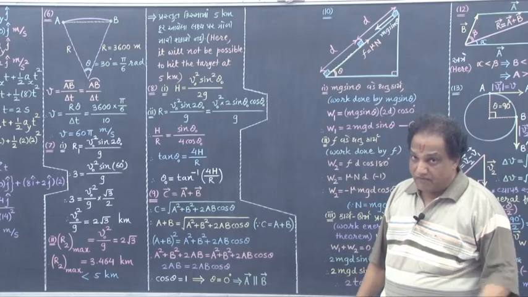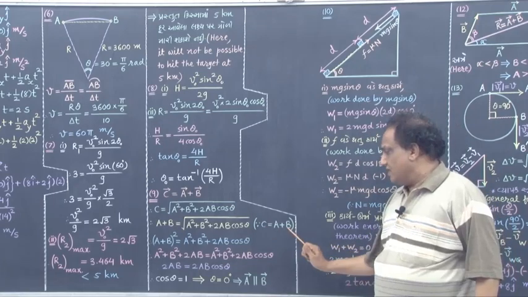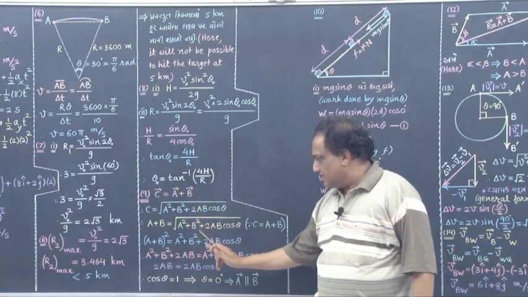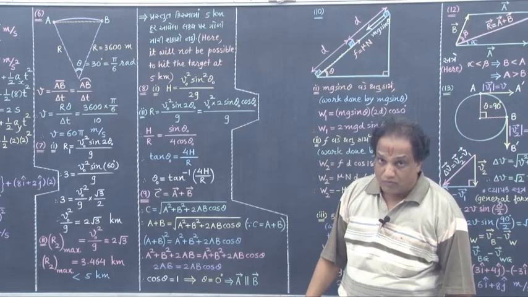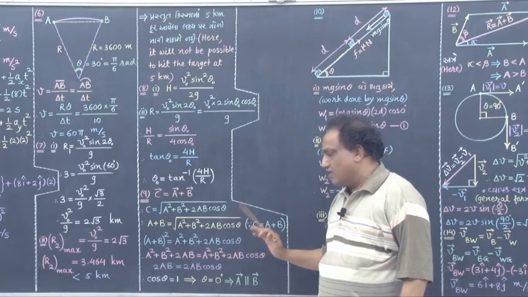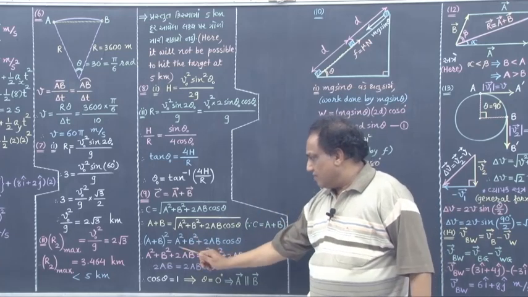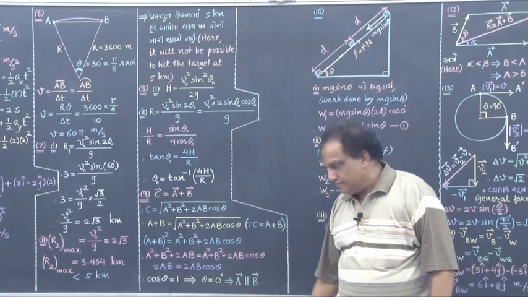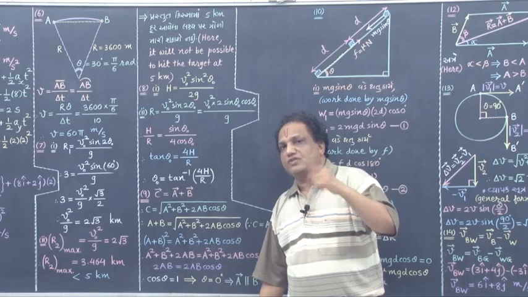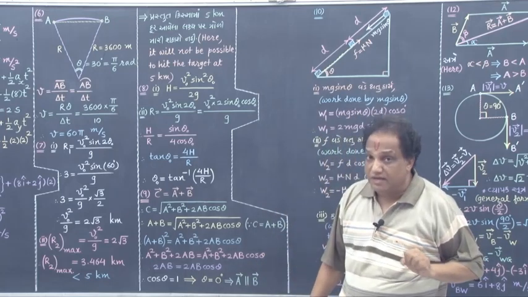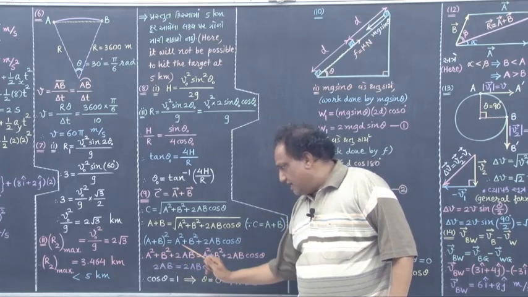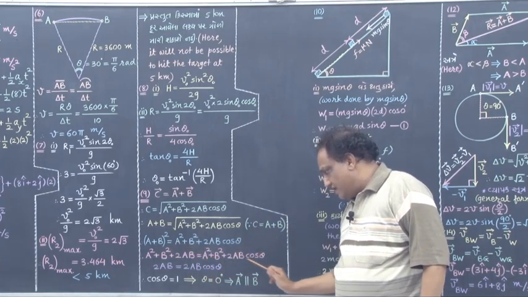But at present, they have given in the statement C equals A plus B. Right-hand side as it is. Now just take square on both the sides. When you take square here, this square root will vanish. So it is A square plus B square plus 2AB cos theta. Now take square of this. Perfect square of A plus B will be A square plus B square plus 2AB, correct? And the right-hand side I am writing the same.